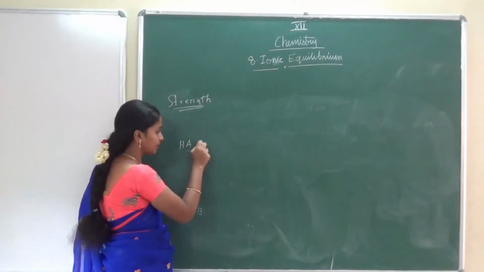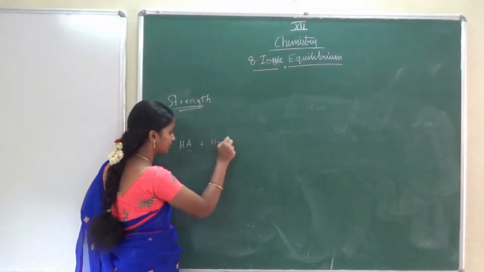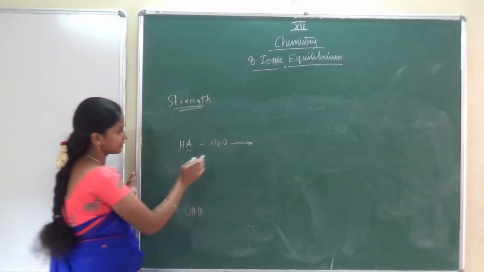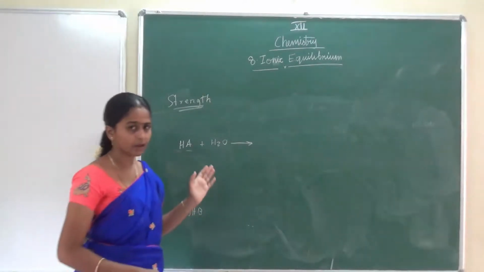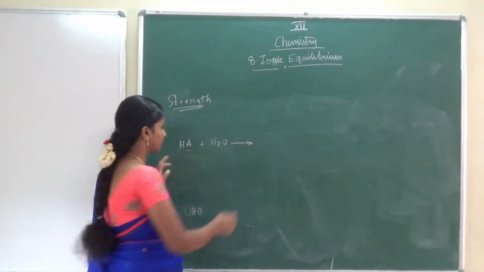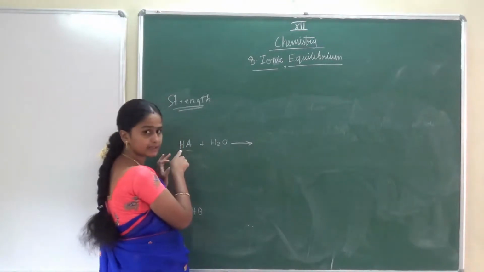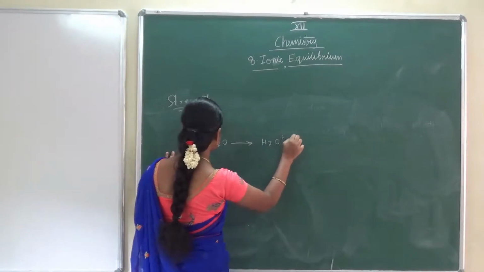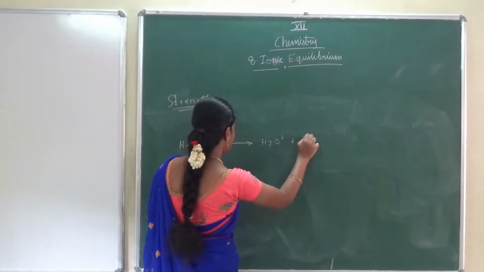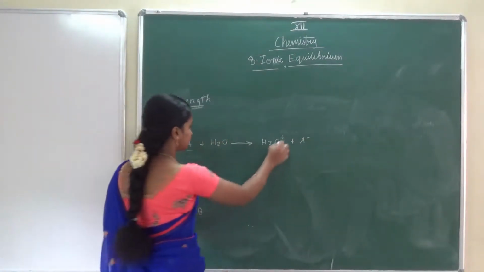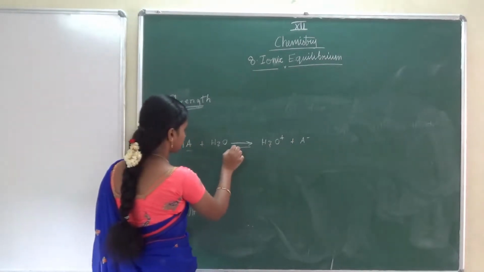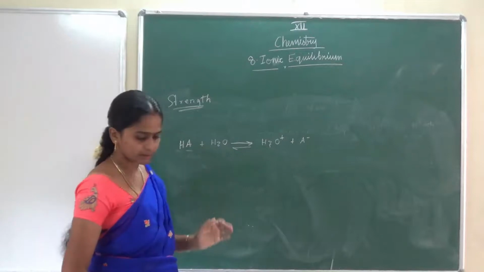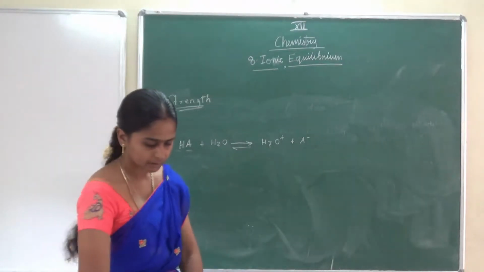So when you dissolve it in water, H2O, it will dissociate and form products. How will we get it here? H3O plus, because we won't write H plus separately, isn't it? So H3O plus and A minus. Next, let us write the dissociation constant, the formation constant for this one.